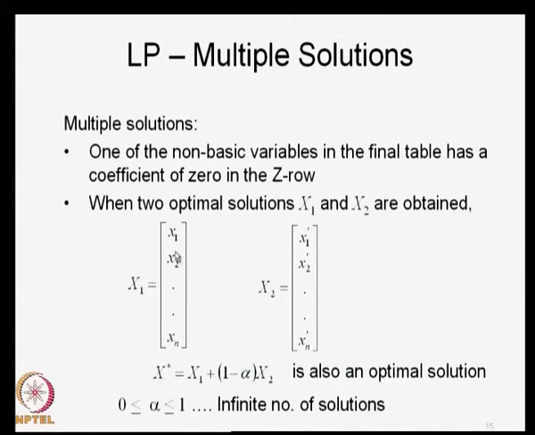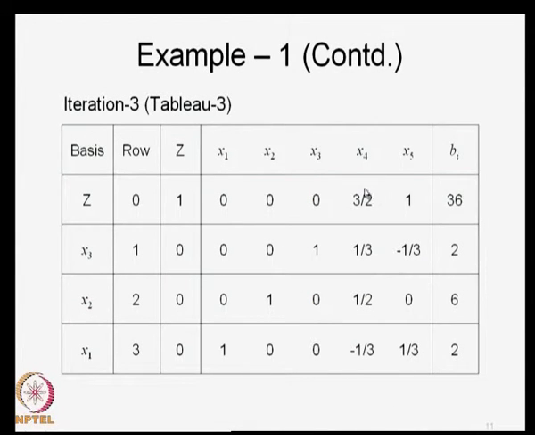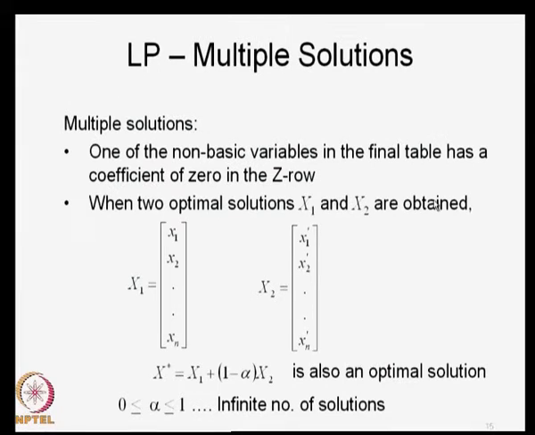Once you have two solutions, this is one of the optimal solutions, x1 equal to x1 through xn, and the other is x1 dash through xn dash. You got two solutions. How did we obtain two solutions? From the optimal tableau, the last tableau, you identified that particular non-basic variable and brought it into the basis, which has a coefficient of 0 in the z row, and generated another solution. This was one solution and you generated another which still has z equal to 36, but the basis will be different, and therefore you identified two solutions.